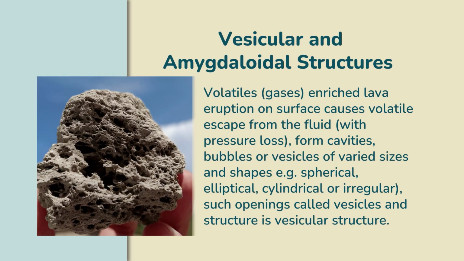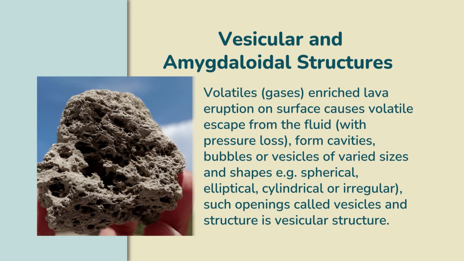When it is magma, the volatiles are under tremendous pressure and dissolved in the magma. Once they come to the surface, the pressure is suddenly released, and the gases escape out of the magma